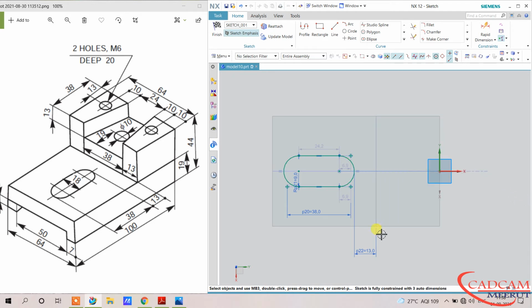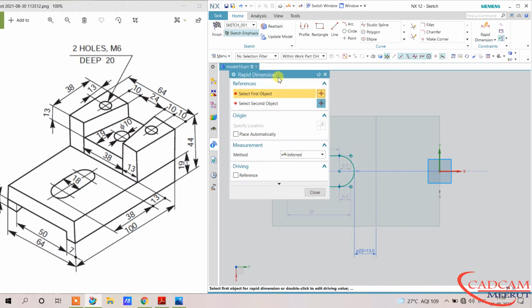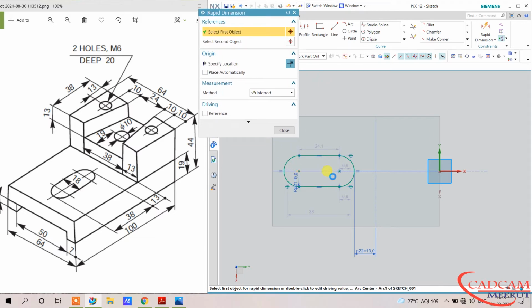Okay, some dimensions still remain, it means this dimension is not working here, so delete this and I will specify this center to center distance. 38 minus 18 is 20.